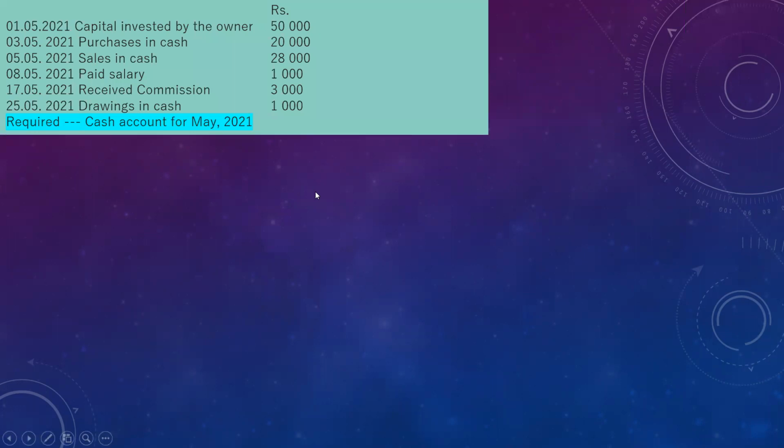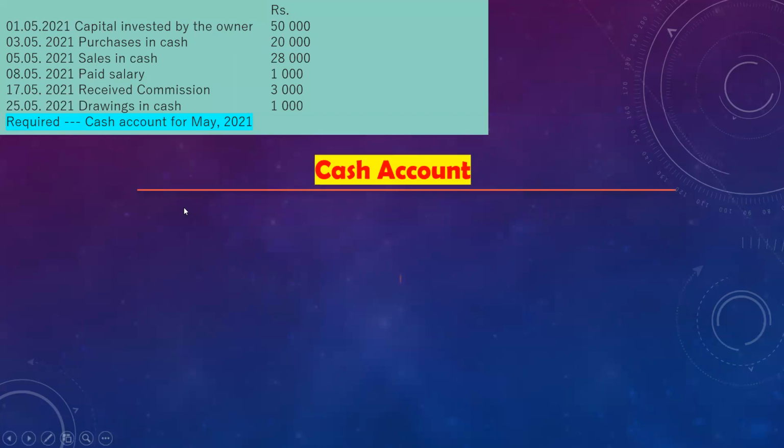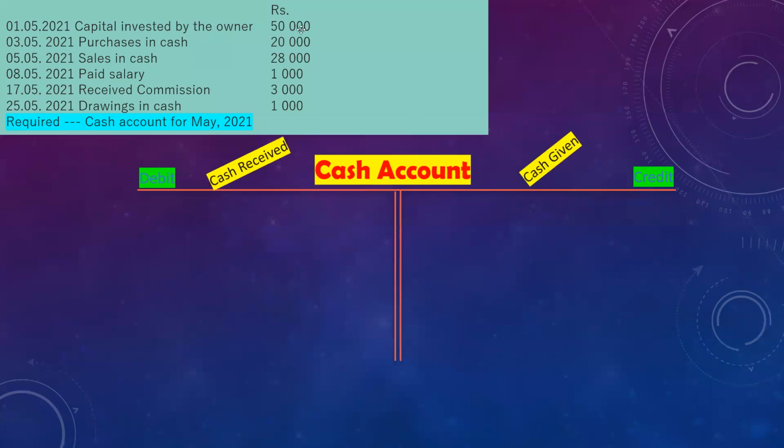I have given a question. Can you quickly write the question, my dear? Question number 1 in cash account. Let's see how to prepare the cash account. It's already 4:30, right? So let's go. First of all, we will draw a cash account. Everyone draw a cash account quickly like this. And mark the debit and credit. And the rules you write like this: cash received, debit side; cash given, credit side. Quickly, 1 minute only.